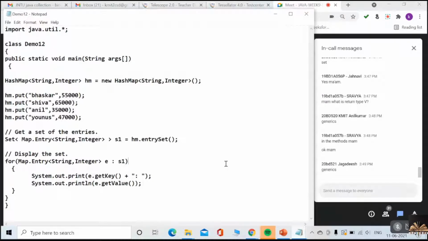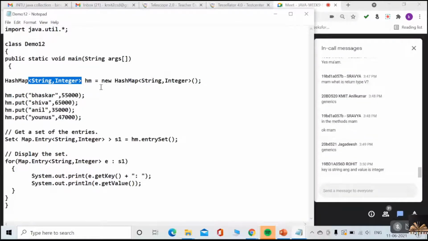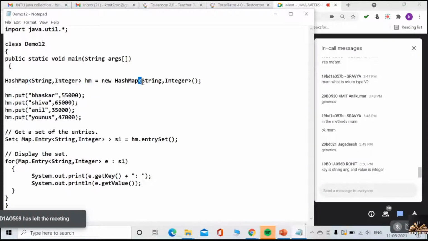It's a generic. Yes or no? That is why I am mentioning it. Why are we mentioning generics here? Because we are telling the type safety, what type of entries I want. Key is a string and value is an integer. Exactly, Rohit. That is the type of key and the type of value I am going to insert into the hash map. I am telling this even at the time of creation of the hash map object itself.